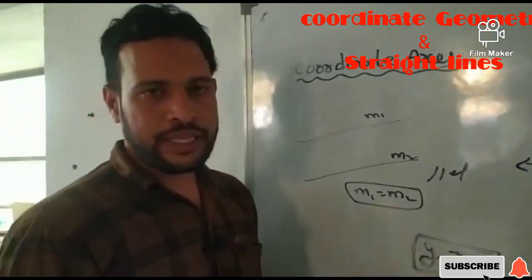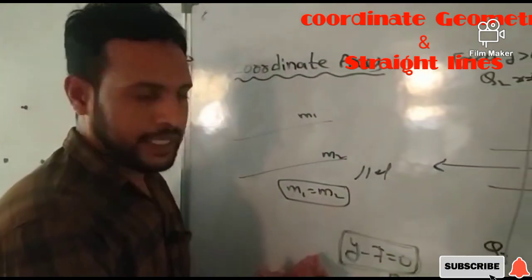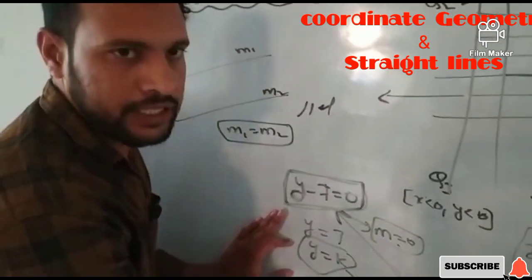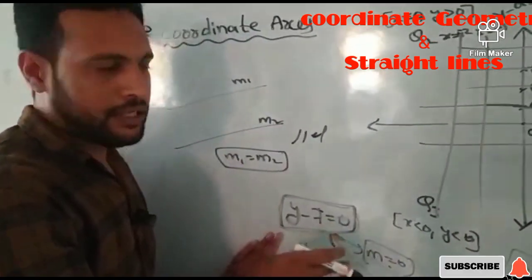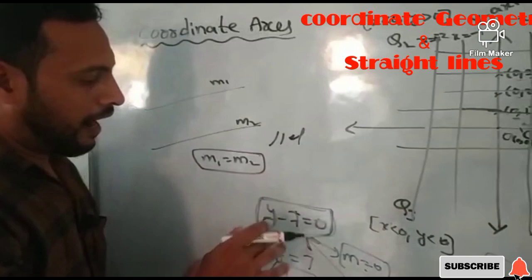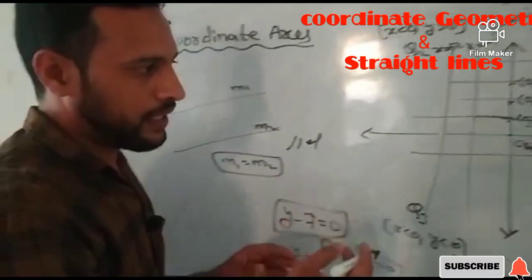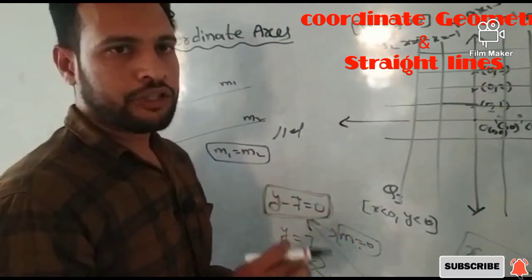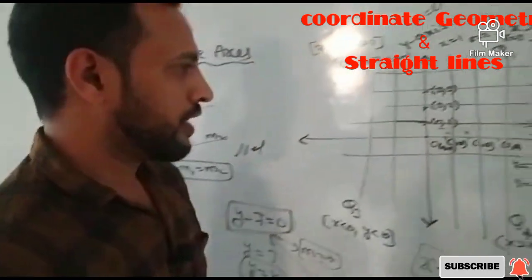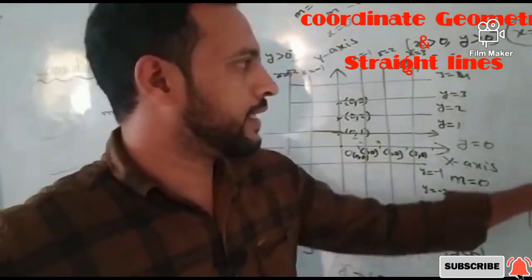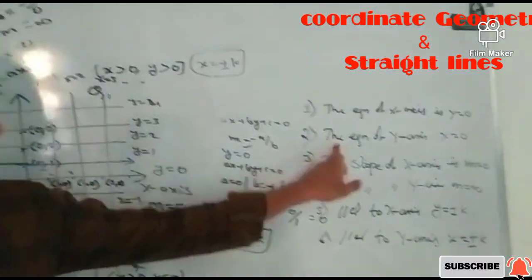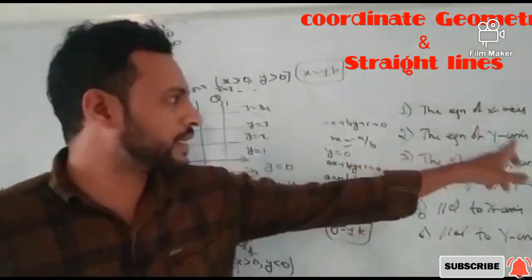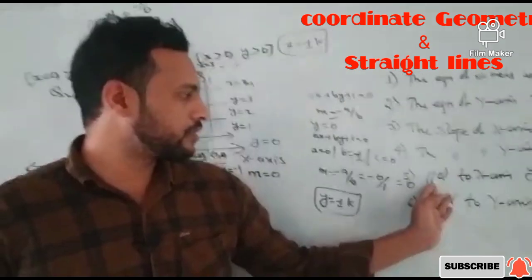So we can say the slope of a particular line by seeing the equation and comparing it with the y is equal to plus or minus k form, or x is equal to plus or minus k form. After converting it into y is equal to plus or minus k or x is equal to plus or minus k, you can easily see the slope of that particular line. So the very important point here is the slopes of x-axis and y-axis. The slope of the lines which are parallel to x-axis are the same. The slope of the lines